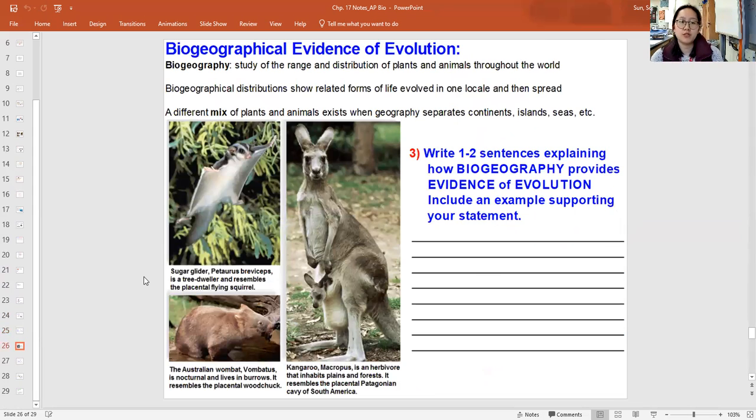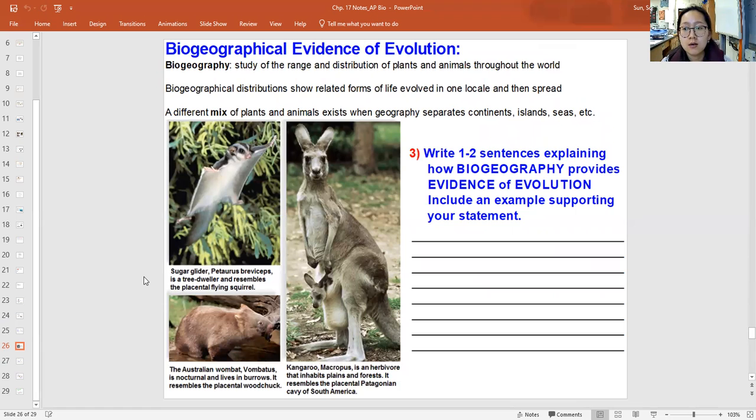We also can study biogeography. So it is the study of range and distribution of plants and animals throughout the world. Biogeographical distributions show related forms of life evolved in one locale and then spread. So you can have a different mix of plants and animals existing in geography on different islands and continents and